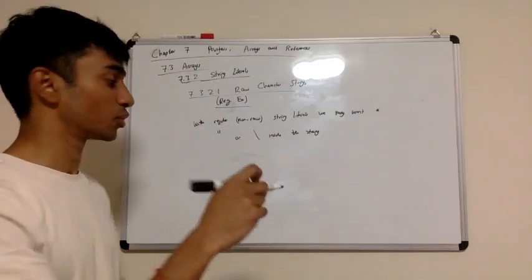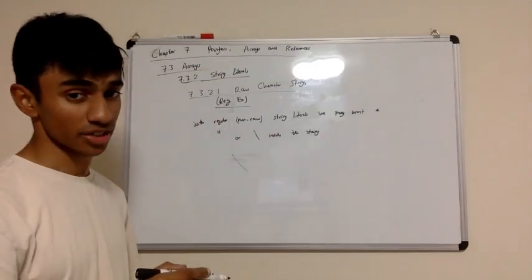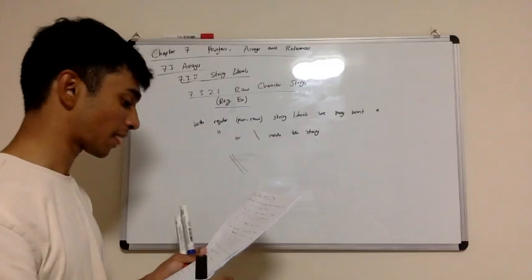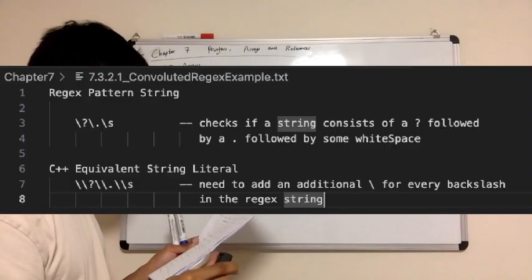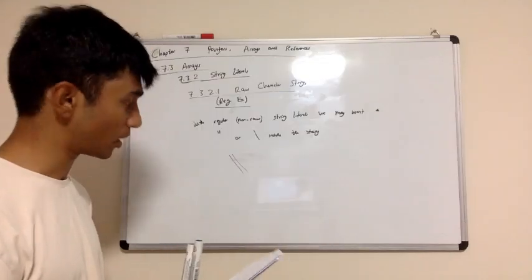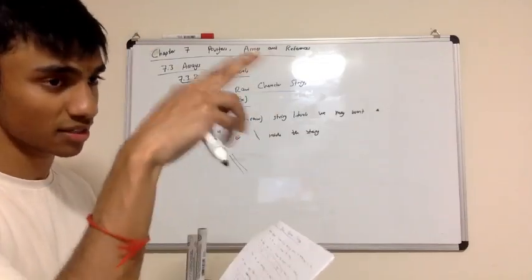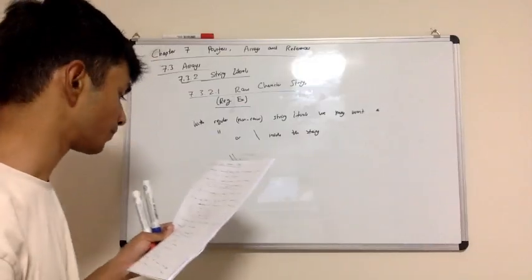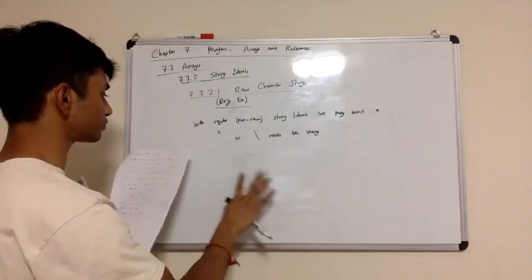So you can imagine if you want to do one backslash in your regex, you'd actually have to put two backslashes in your string literal in order to represent one backslash. But in general, the important thing to take away is that trying to do this backslash quotes, backslash, these kind of escape sequences, if you've got a lot of them to do in one string, can get really annoying. So a raw string literal